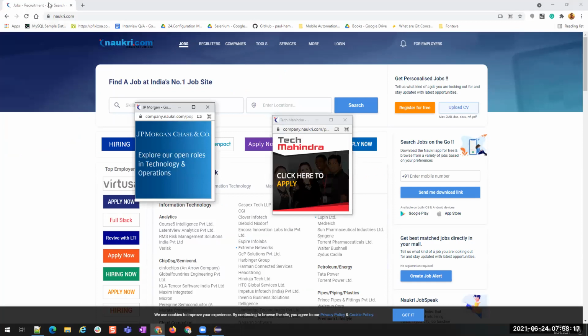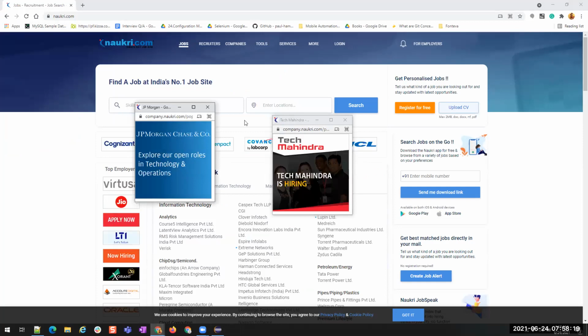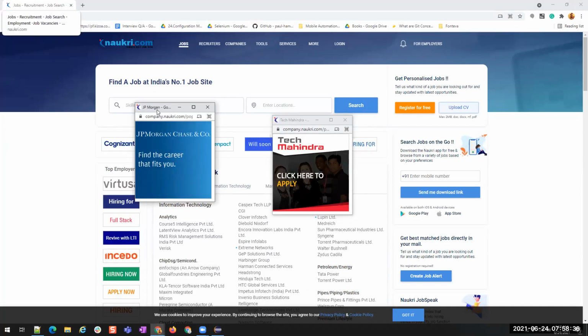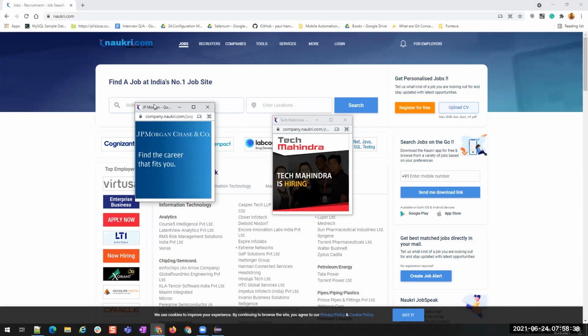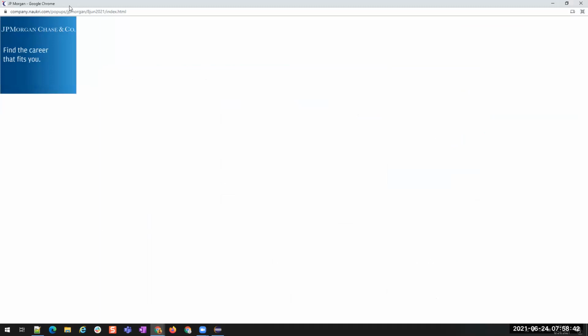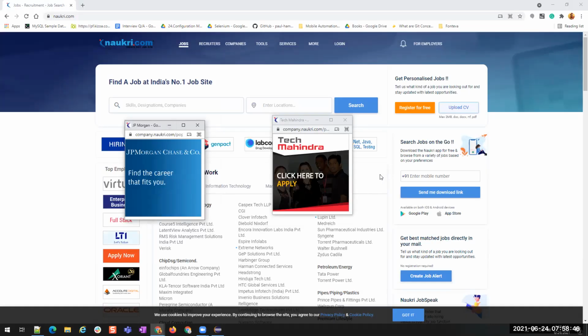When you open this driver, these three windows are opening. When you say Naukri.com, these three things are opening by the same URL. But these three are independent windows, window 1, window 2, and window 3. These are three separate windows.